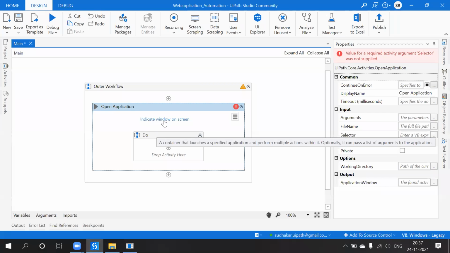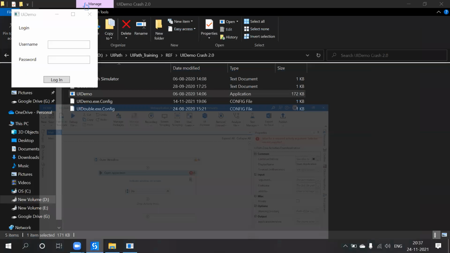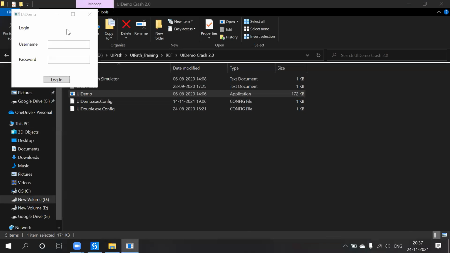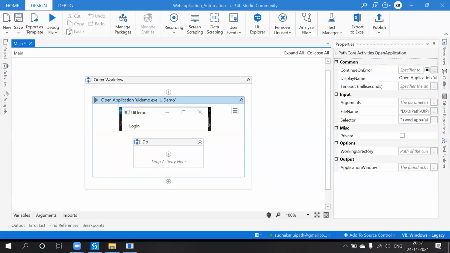Just click on indicate window on screen. Just select any one of them, anywhere else, and then we will get like this.